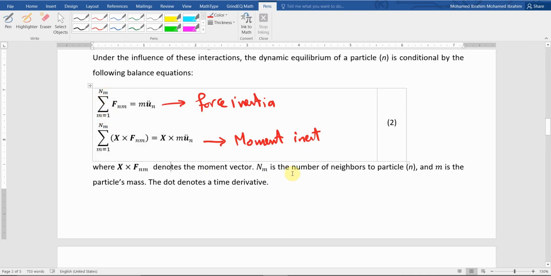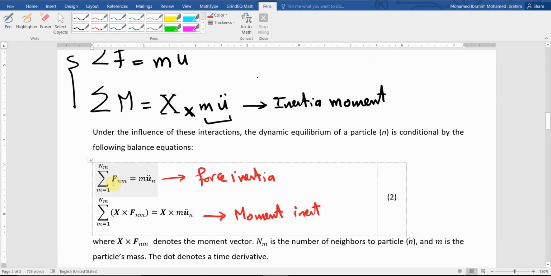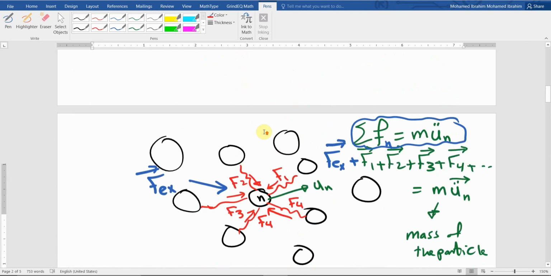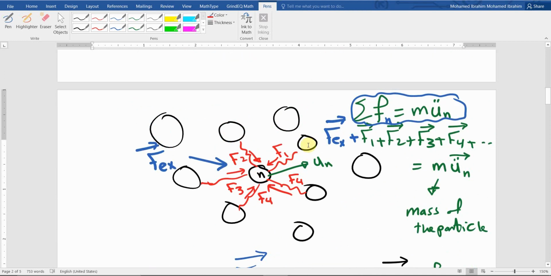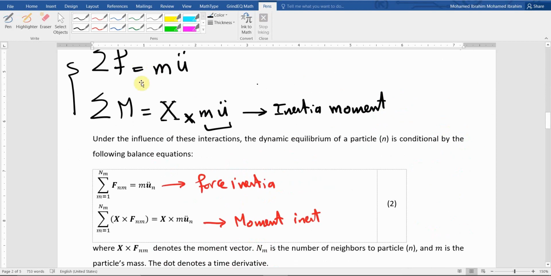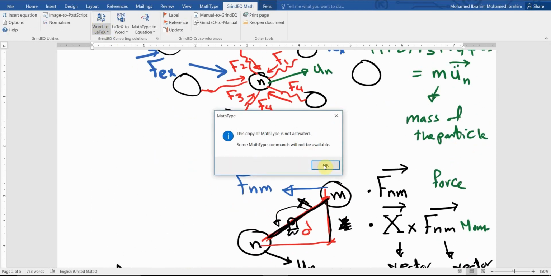What is nm? This should be the number of neighbor particles to the particle n. This equation indicates that we're collecting all possible forces that come from the neighbors. Each one of these neighbors will be considered like m. And for example, let us give numbers to these neighbors. So we're going to have here,